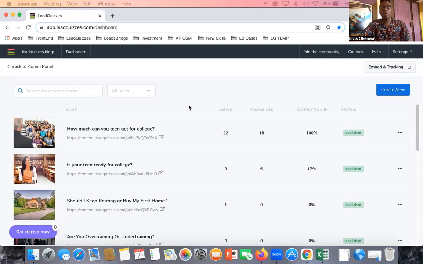Now, once you're logged into your LeadQuizzes account, you'll be taken to the LeadQuizzes dashboard, which looks like this. All right. Now, in here, you have settings. You'll see all the contents you've already created. If you have no content created yet, there will be nothing in here. Right? Now, the first thing I want to show you is on the dashboard,